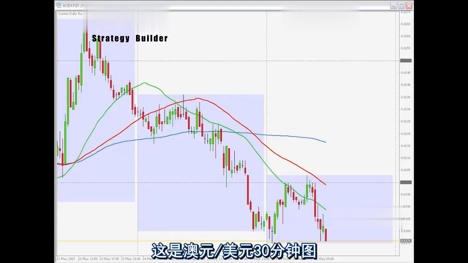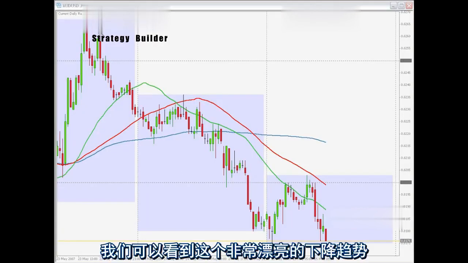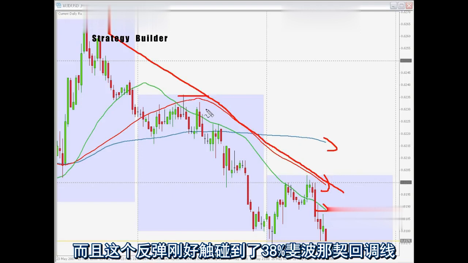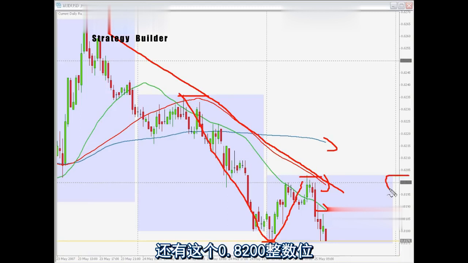It's the Australian dollar against the American dollar in the 30-minute chart, and as you can see, we're seeing a nice downtrend on the 30-minute chart. Okay, with the moving averages pointing down. There is a nice downtrend right there. Also, if you measure this downswing, it retraces up to the 38 Fibonacci retracement. We have the